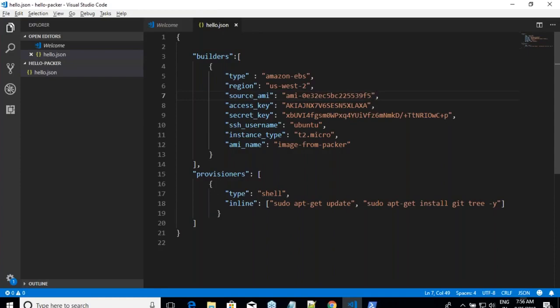So how am I going to do all of that? Are you getting the point? This file is very hard coded. It will do only one thing. It will try to create a basic Ubuntu image, and then it will try to execute some script. Now it will just install Git. It will not do anything more than that. And in my account itself, even if you execute this, it will try to create an AMI in which account? In my account.